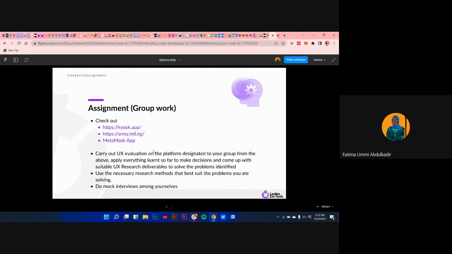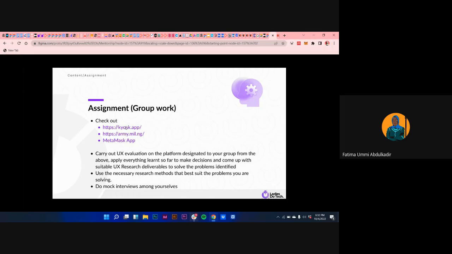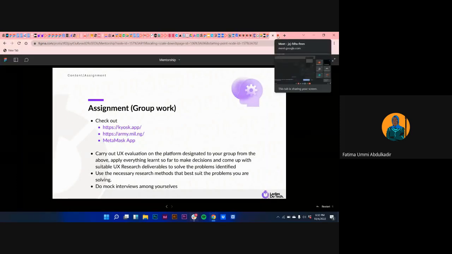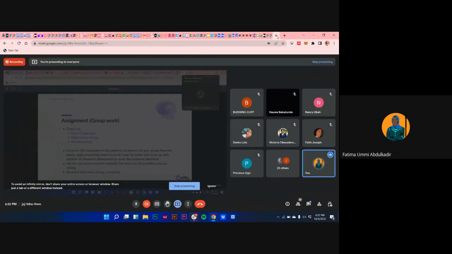And if you actually go through the platform, that means you're a user of that platform. You've experienced that platform. You're actually a user because you have to use the platform to know the problem on the platform. So you are eligible to do mock interviews and everything else you want to do as far as research is concerned. So do we have any questions?